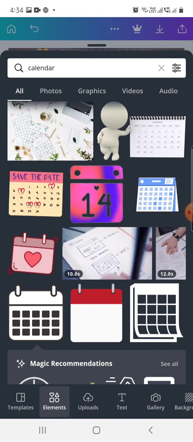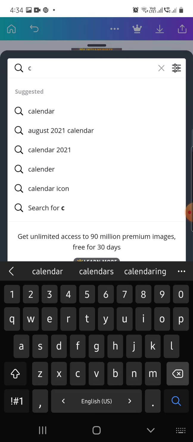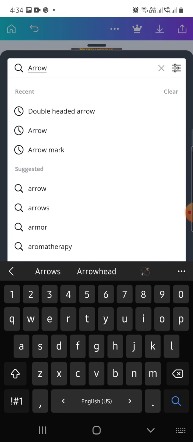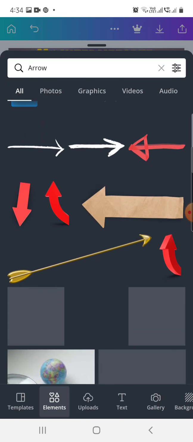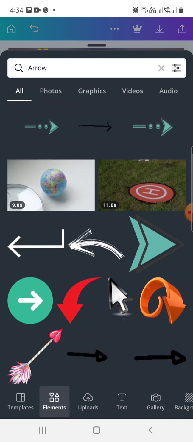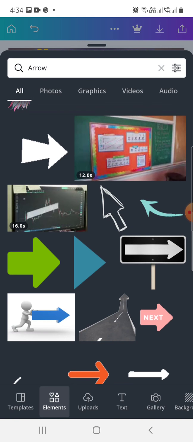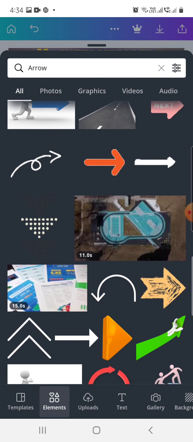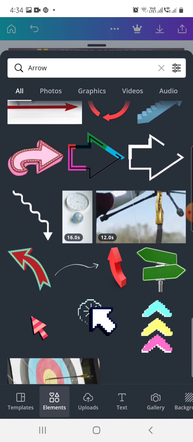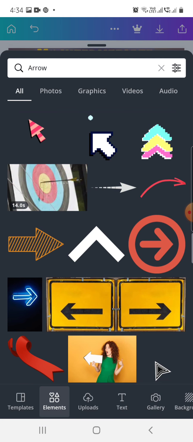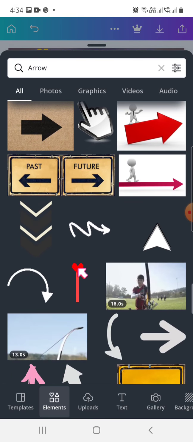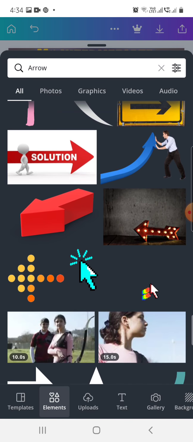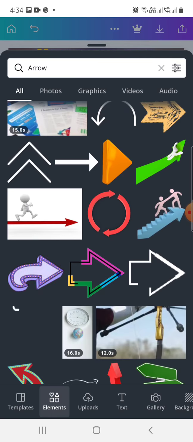Then I have also added the arrow mark, which I can get also in the elements. There are many arrow mark options available. For time being, I will just use any one of the arrow marks which is available.